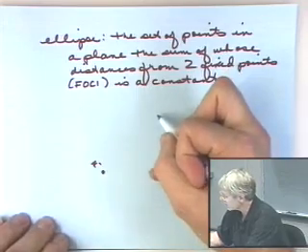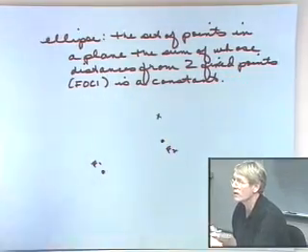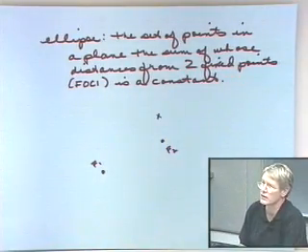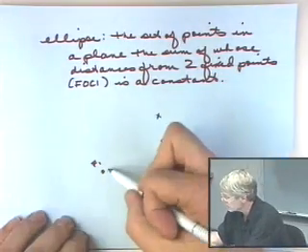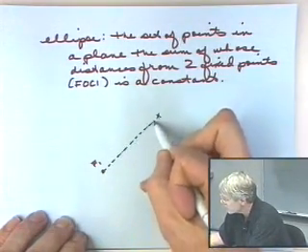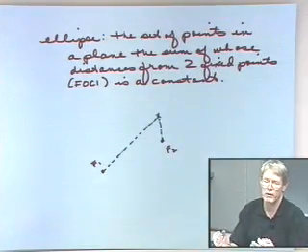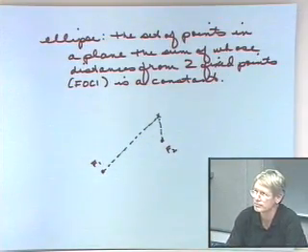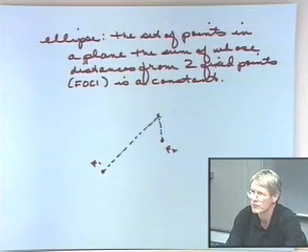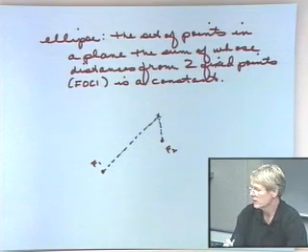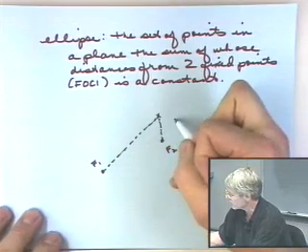Let's say that this point right here is one of the points that's on the ellipse because this distance plus this distance is fixed. Let's just make up a number. Let's say it's 7. Okay, that's 7 units. So every other point for which that is true,